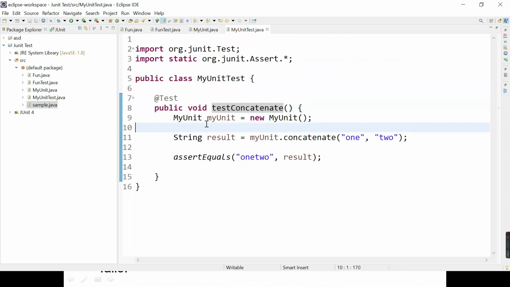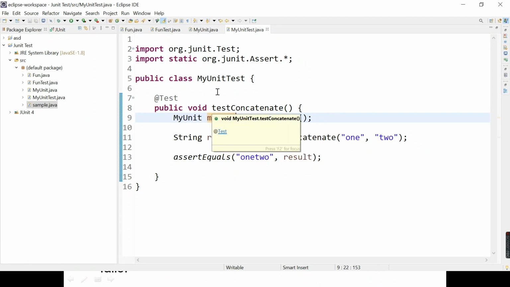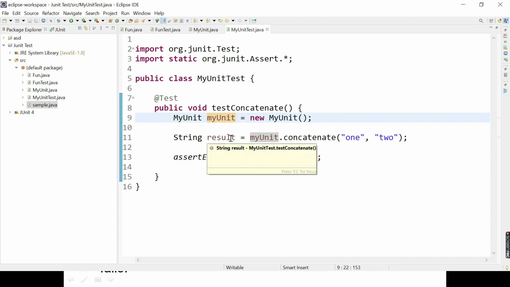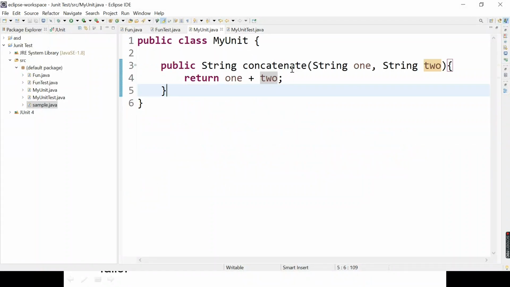Now what you have done is you have used the class myUnit and created an object equal to new myUnit, right? So this myUnit object is created from the class of the actual program. Then you have written string result equals myUnit object dot concatenate. So this concatenate method is the one you have accessed from your actual program.